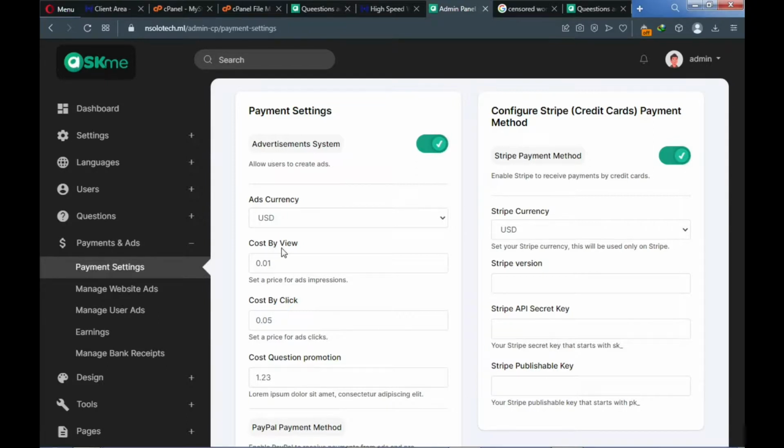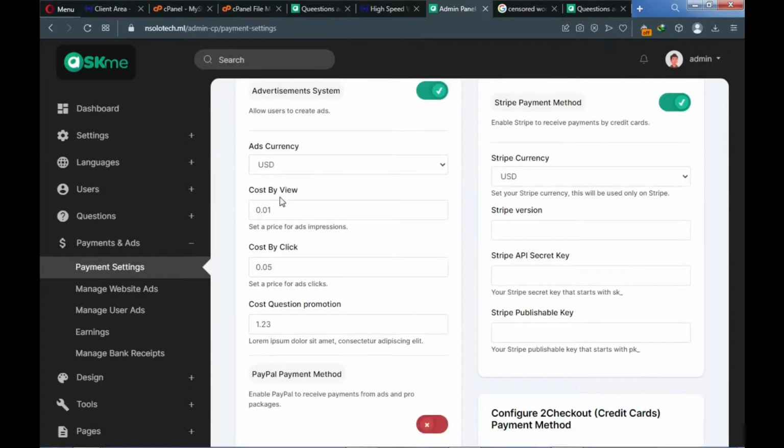If a user views this ad, okay, so that's the impression. If a user views the ad, how much do you want to charge the marketer, the advertiser? So for viewing the ad, you can charge the person